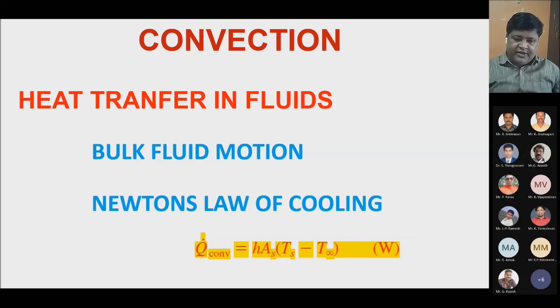If you see this equation again, if you want to increase the convective heat transfer, for a given temperature of a surface, given fluid condition and given surface area of a geometry, the only option is varying h. If you want to increase the heat transfer, then you have to increase h. So the dependence of h on the variables is what we have to understand, so that we'll be able to definitely increase the h value.